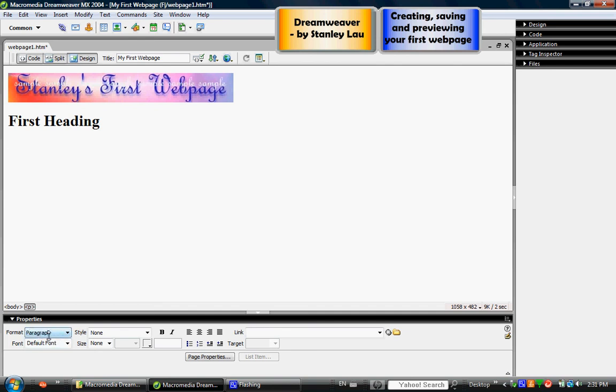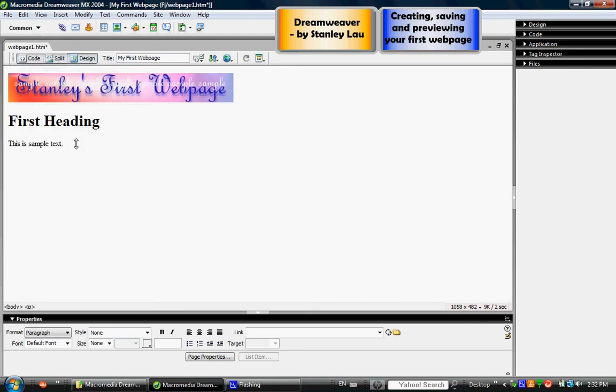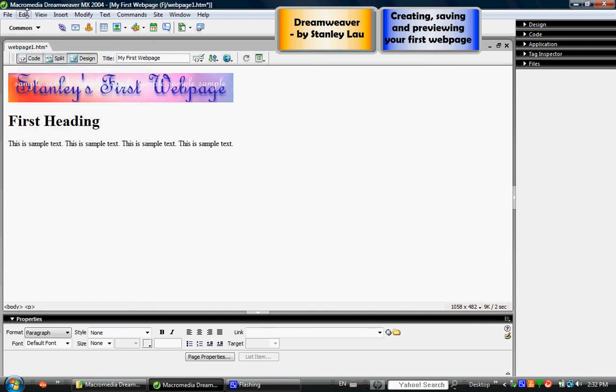Paragraph is the default setting, and so you'll also notice that the cursor became a little bit smaller, and I can type in the words. This is sample text. Okay, and I'm going to cheat a little bit because I'm going to highlight this and then go up to edit, copy, and then go here and go edit, paste, and I will do this many different times, or I can just press Control and V,